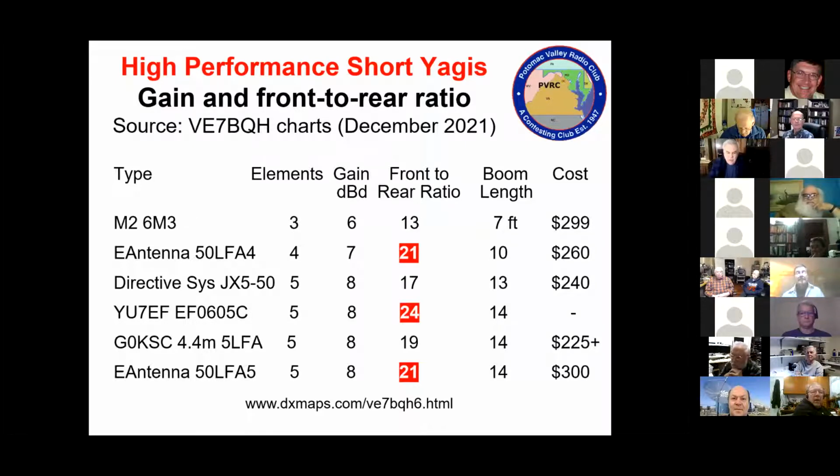And I've also included a 3-element Yagi here, just to show that a small, very lightweight 3-element Yagi can still be a pretty effective antenna for use by a temporary portable operation. This antenna has a boom length of only 7 feet. The front to back ratio isn't that great, but if you're in a portable location, maybe it doesn't need to be. And the gain is a bit lower, but only a couple dB